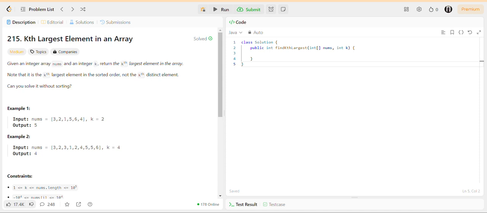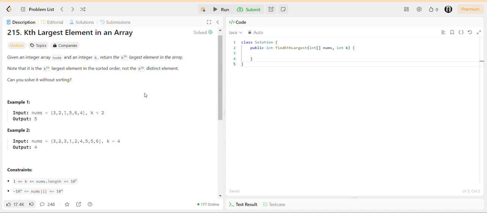Today's problem is getting the largest element in an array, which is based on array questions. It is a pretty easy problem. There are various questions like the kth largest element, where they ask you to find the largest element, second largest, third largest, fourth largest element from an array. This question looks easy, but the solution might be tricky.